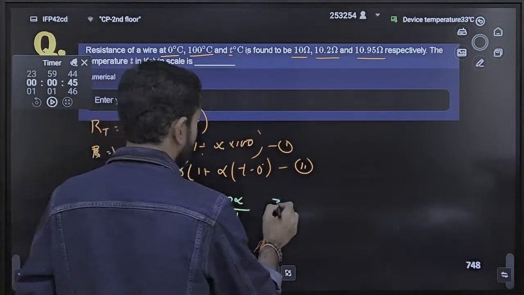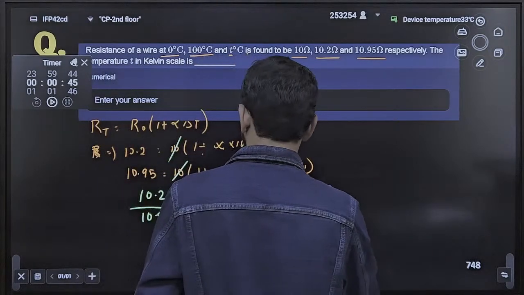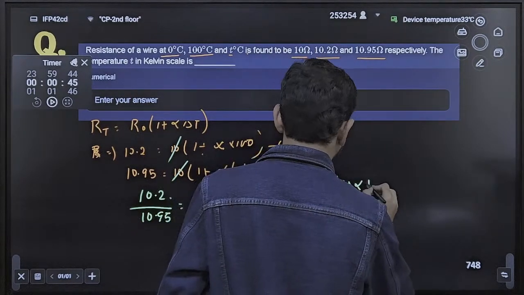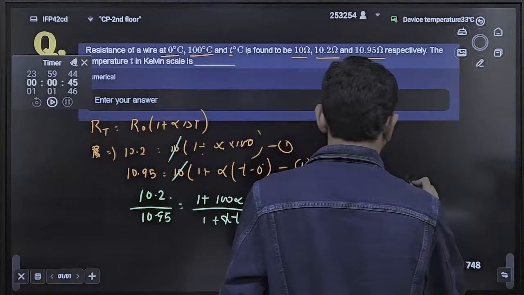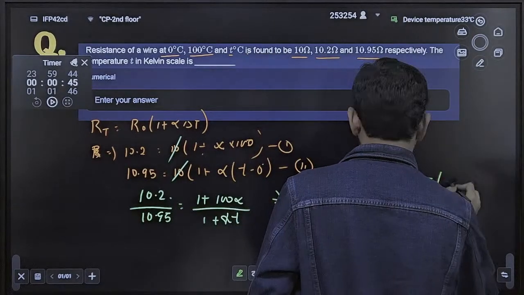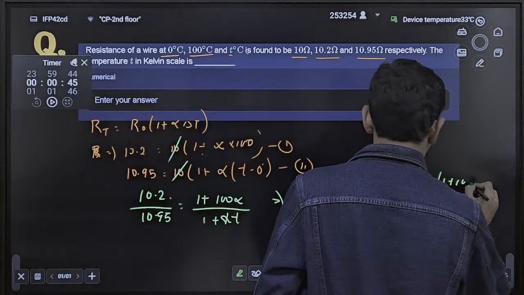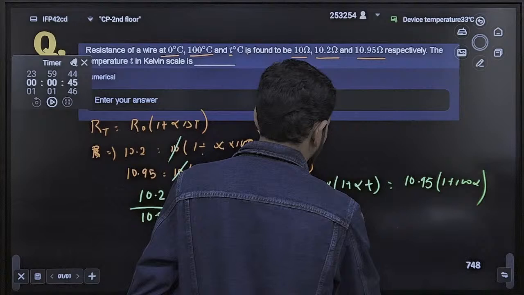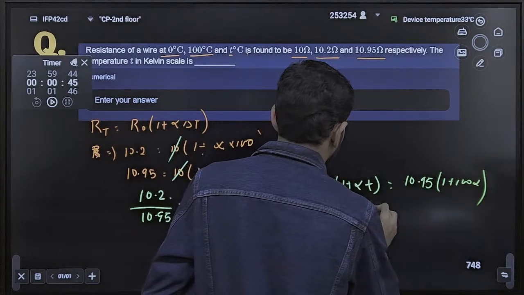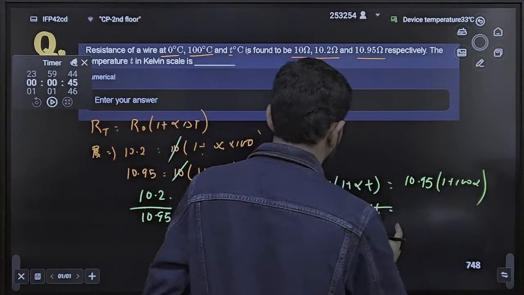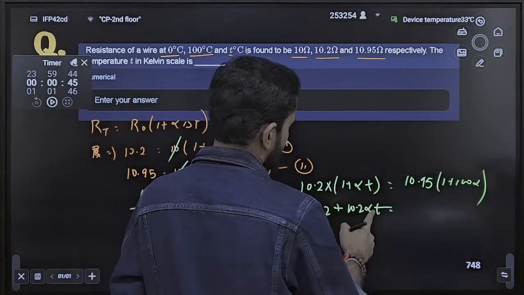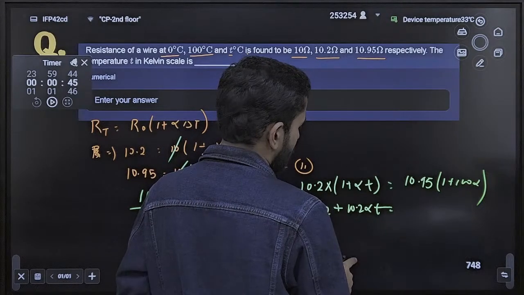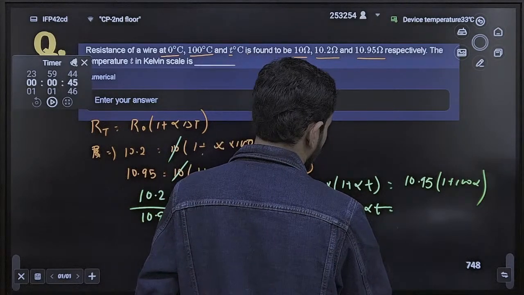Now cross multiply. When you are cross multiplying it, it will become 10.2 into 1 plus alpha T, that is equal to 10.95 into 1 plus 100 alpha. Check here, 10.2 plus 10.2 alpha T, or you can cancel it out by base. When you solve it, this answer will be coming equals to